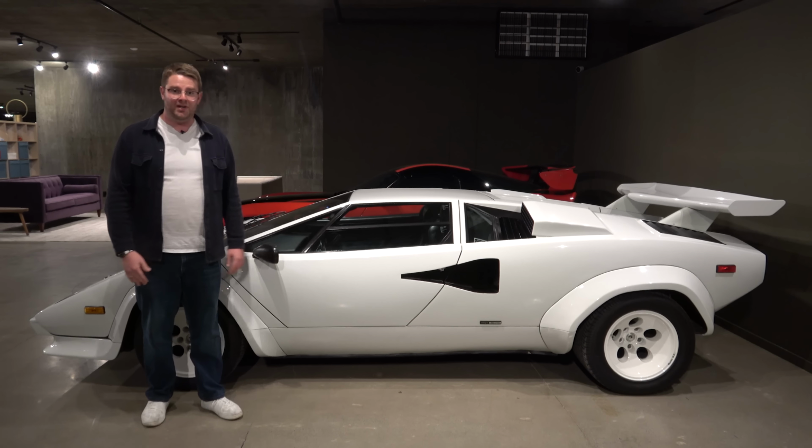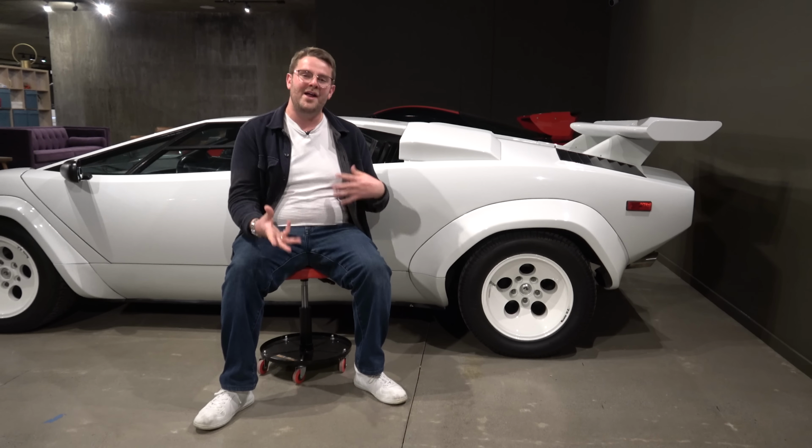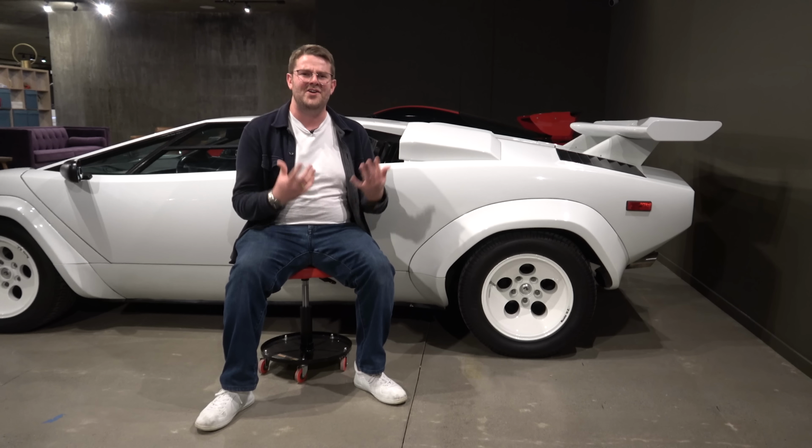The next quasi-curve I want to talk about would be the wheel arches of the Countach, specifically focusing at the rear, as they're not quite round but not quite angular. They're this really unusual shape. It's important to remember that when Marcello Gandini penned this car and worked on all of the early Lamborghinis, he had really nothing to go on, a totally blank sheet of paper. Unlike Ferrari and Maserati, which had a storied design language already, Lamborghini was brand new, and so he could basically do whatever he wanted. And one of the things he wanted to introduce with this radical, insane car would be